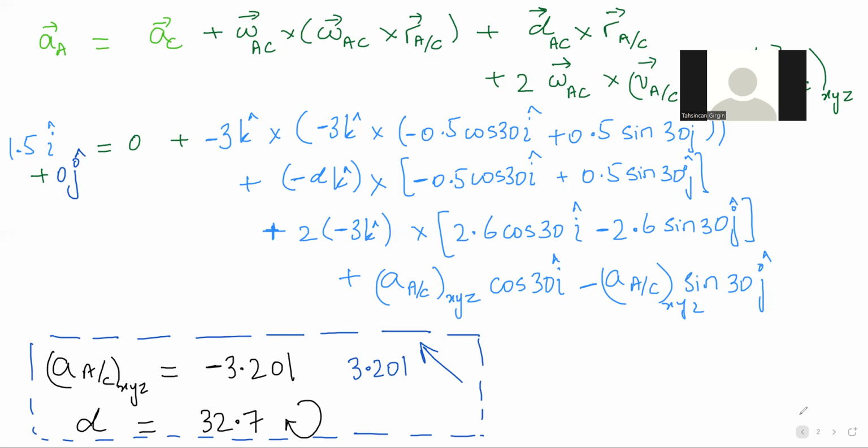I'm saying, you see, in the bracket I have minus 0.5 cosine 30i and plus 0.5 sine 30j. All I am saying is multiply 0.5 with the cosine 30, 0.5 with the sine 30, whatever the answer you have, and multiply the k unit vector with the i unit vector, the k unit vector with the j unit vector. That's what I'm saying. You have to do it. Once you get your answers, then multiply the outside k unit vector with whatever you are getting from inside.